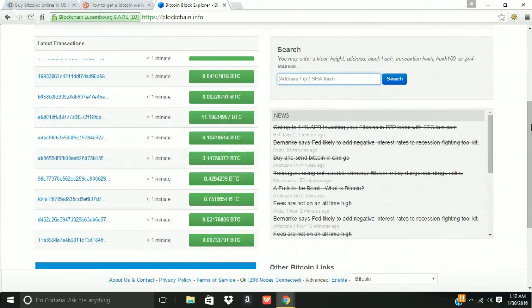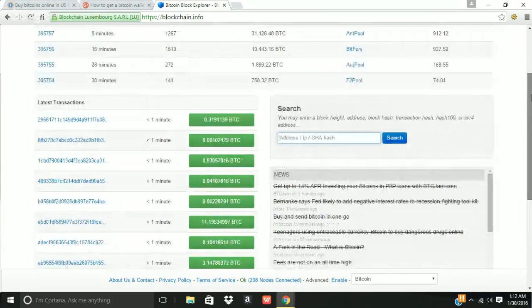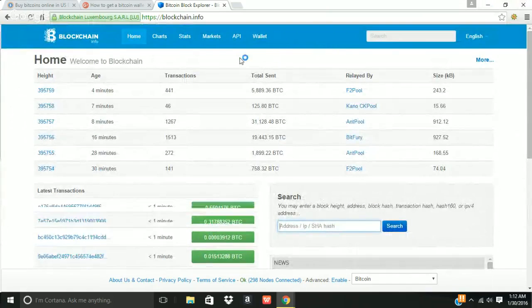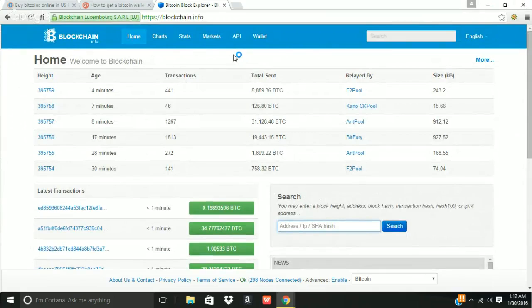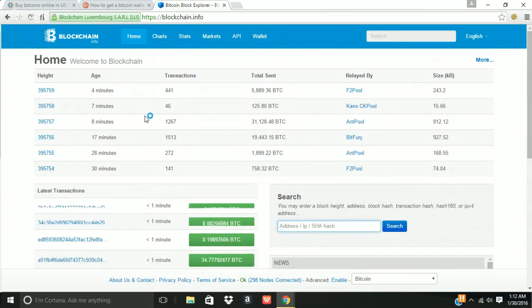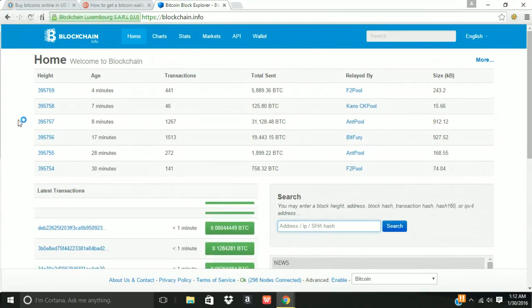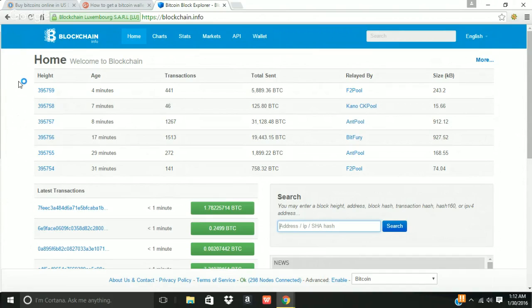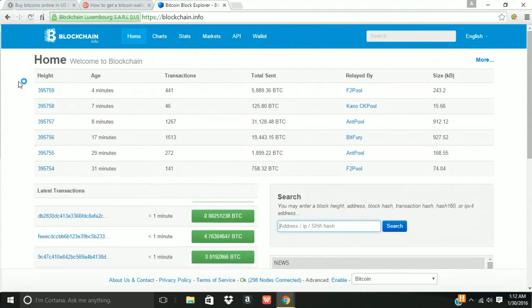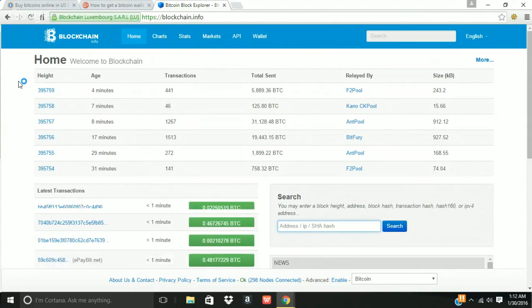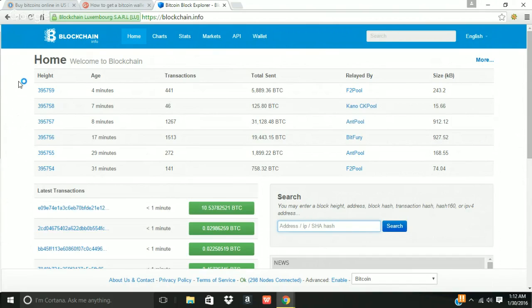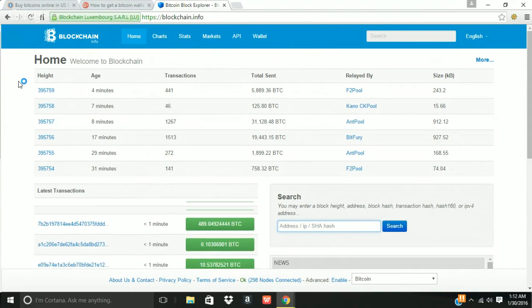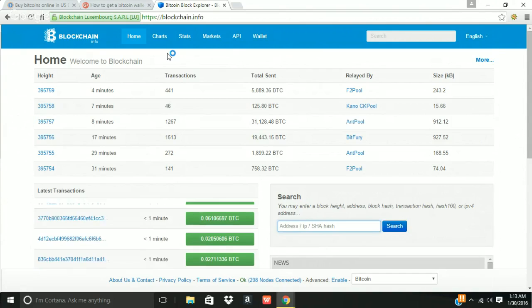Now, when you use Bitcoin, it's not 100% anonymous. People can look back in the chain. The blockchain is kind of like a family tree, but it shows all the transactions of what has happened with the Bitcoin, where they've gone, who they've gone to, which wallets they've gone to and from. So it is traceable, but it's very difficult to trace after so many transactions. It gets more and more difficult, kind of like finding a needle in a haystack. You can find the needle, but over so many transactions, that needle gets harder to find, the more